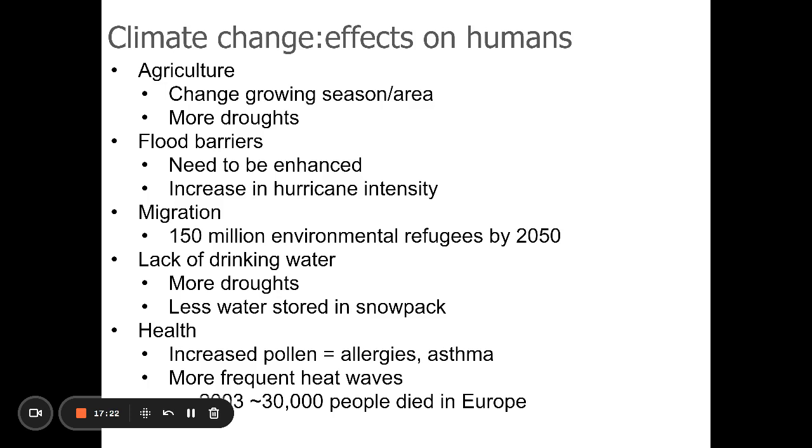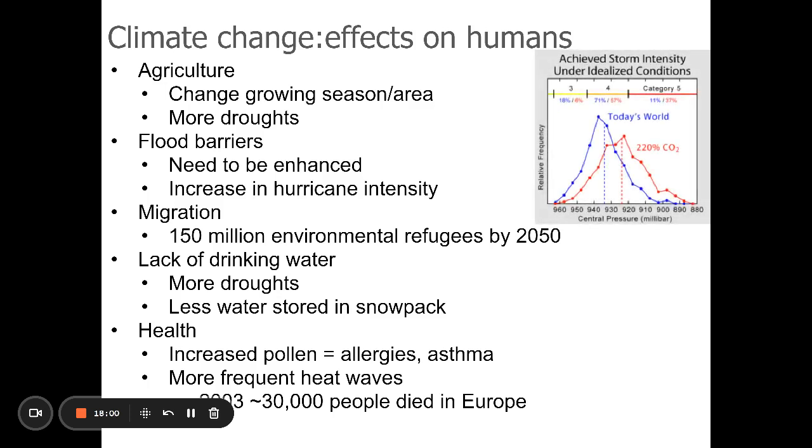Also, there are impacts on human health. The warmer the climate is, the more pollen plants produce, which impacts people with allergies. The warmer the climate gets, the more disease-causing insects can spread. One thing that will happen is, for example, ticks. I worked with somebody from Hamilton College, a professor who was researching the impacts of climate change in our area. And one of the biggest impacts is that the number of ticks that are found that spread Lyme disease is going to increase drastically. Heat waves can cause physiological stress on people.